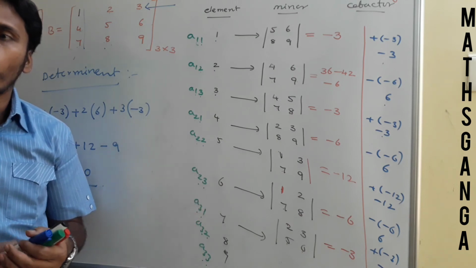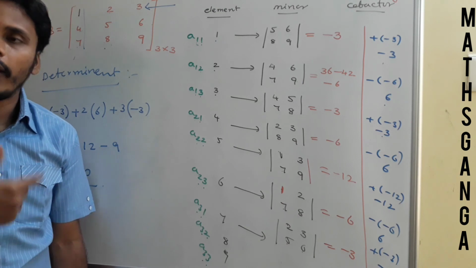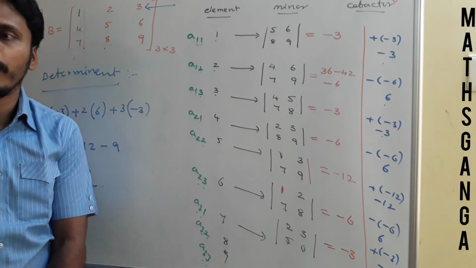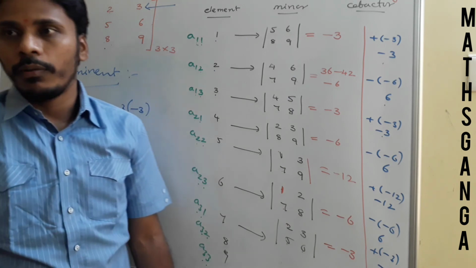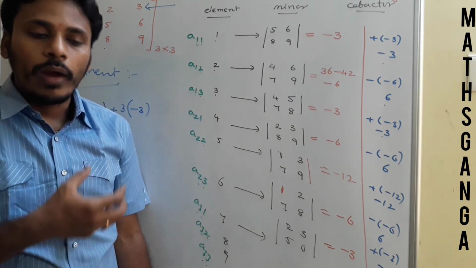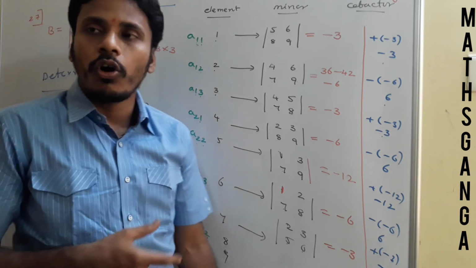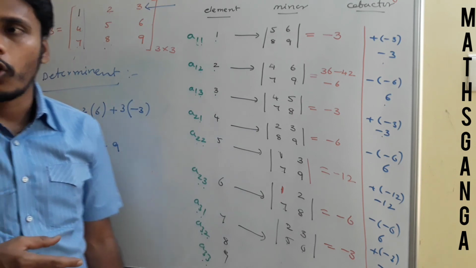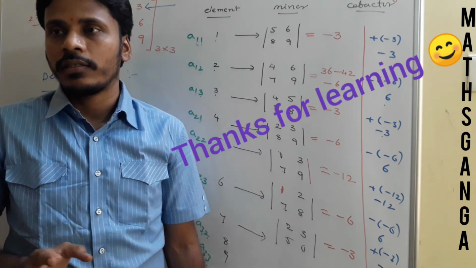But when coming to the problems, usually we will find the determinant simply. Okay, and in the next class I will give you all those ideas on how to find the determinant in an easy manner for problems. Okay, this is the basic concept behind the determinant. And while solving the problem, we will simply find the determinant without making all this table, without thinking about the rows and columns, directly we will find the determinant. And I will discuss that idea in the next class. Just have a look.